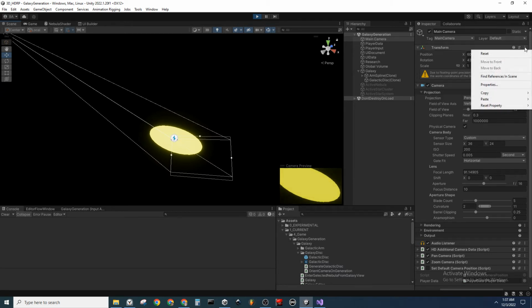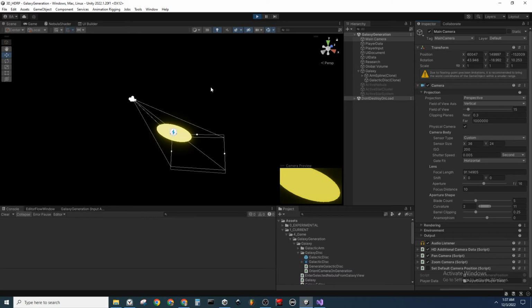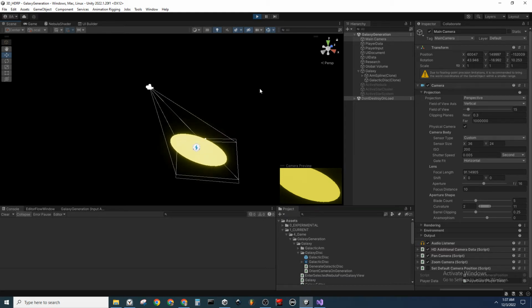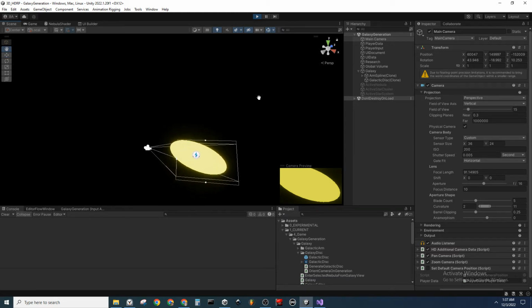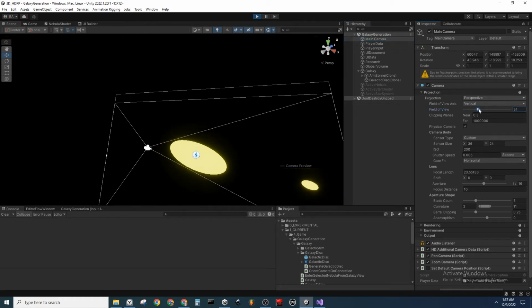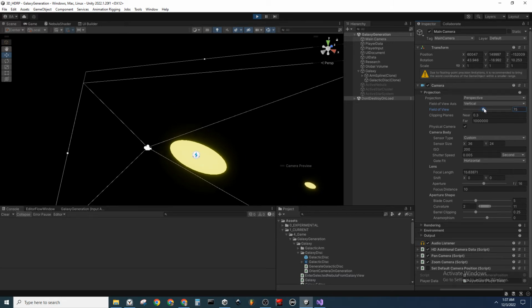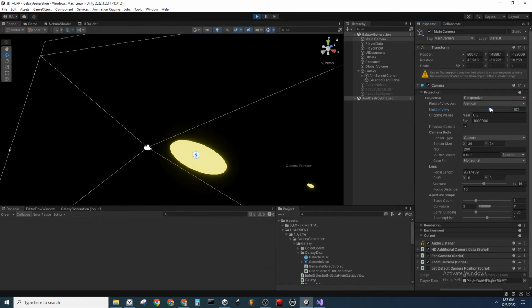Can I just force them to be integers? I don't know about that, actually. I guess I'll have to see if this is going to work or not. The other thing would be to take the camera and raise the field of view to be really big, big enough to encompass the whole thing basically, and then